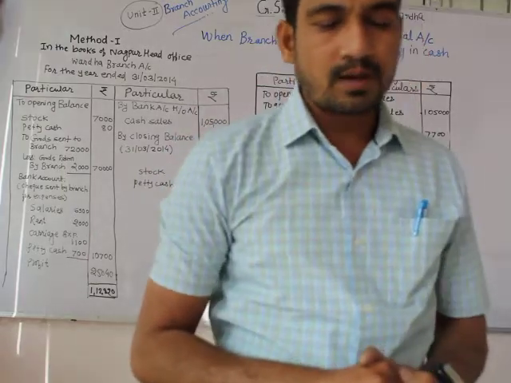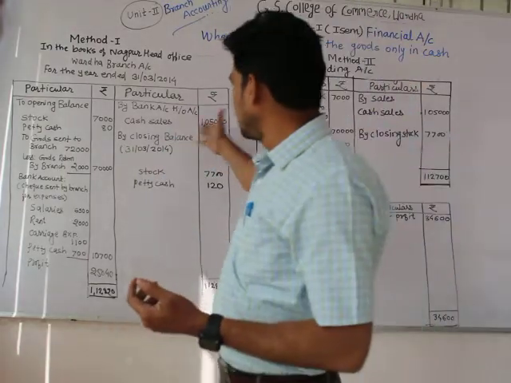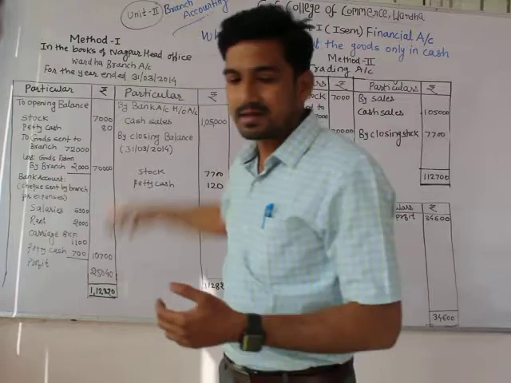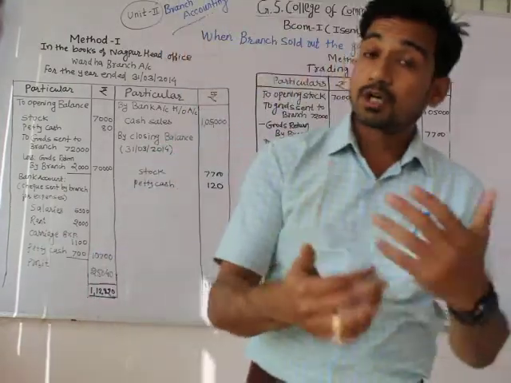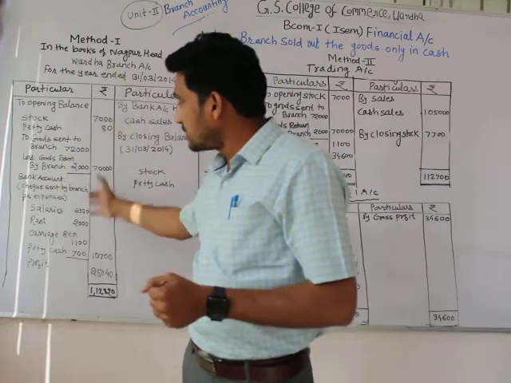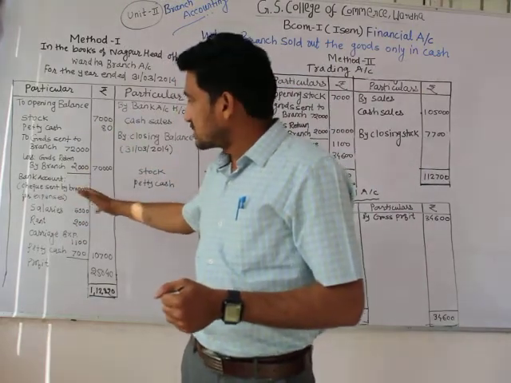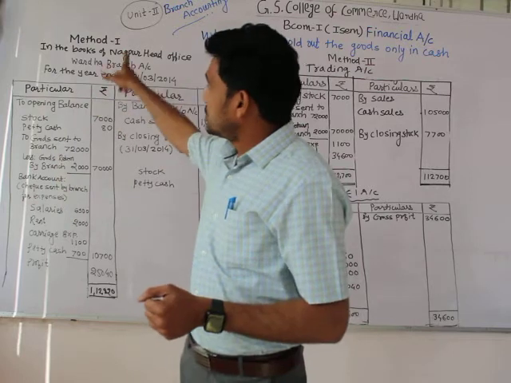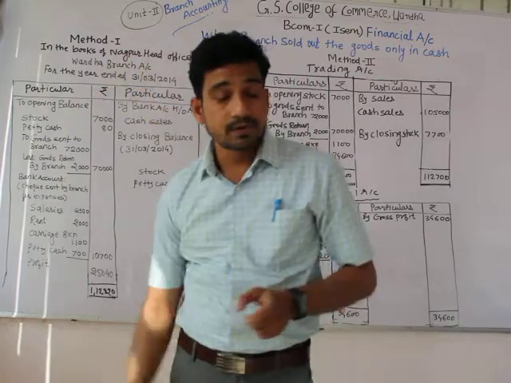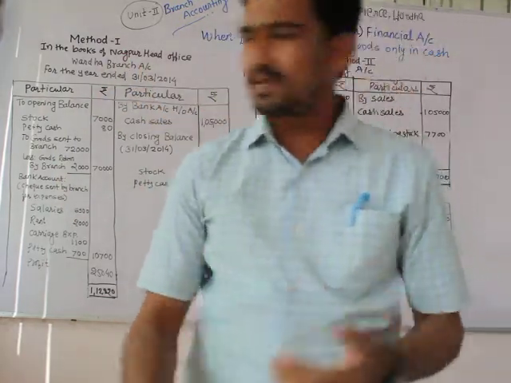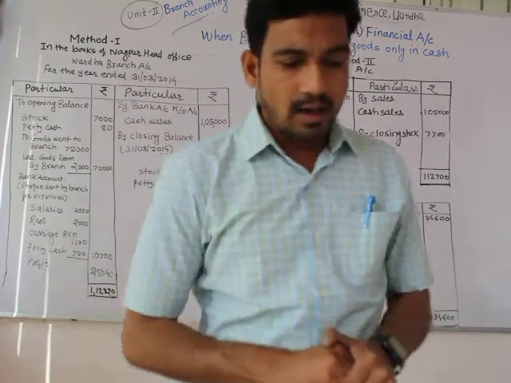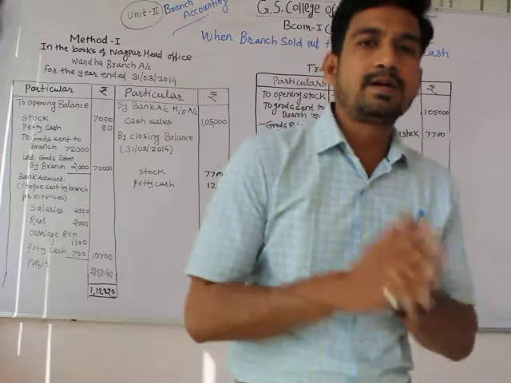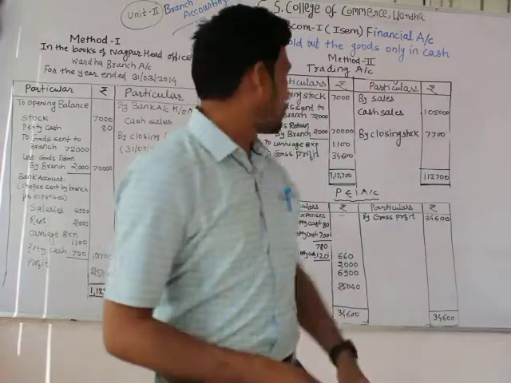Then goods sold by branch 1,05,000. We have mentioned it here. We will explain those things later. Then cheque from head office to branch for expenses. As I mentioned earlier, the expenses incurred by the branch are paid by cheque, and that cheque is given by the head office. And there are some expenses like salaries, rent, carriage expenses, petty cash, and then branch stock at the end of that particular financial year, that is called the closing stock.